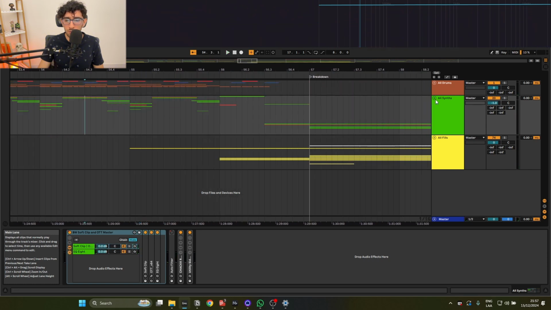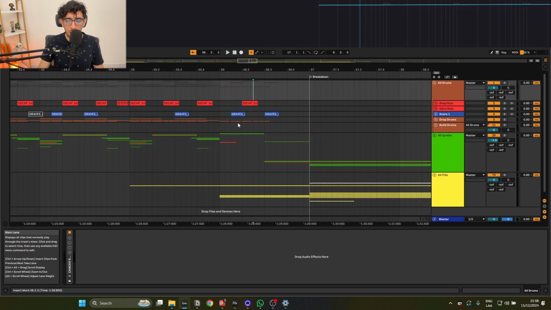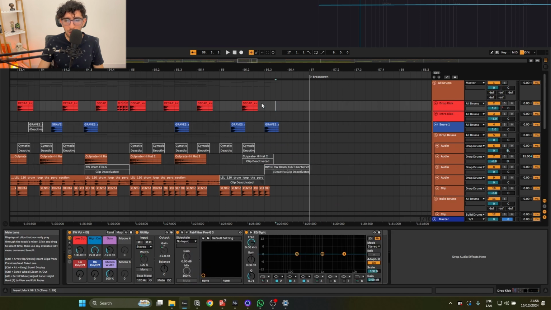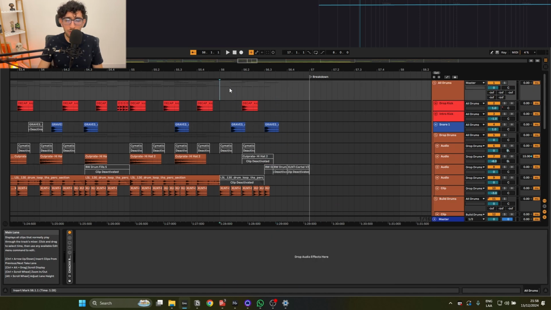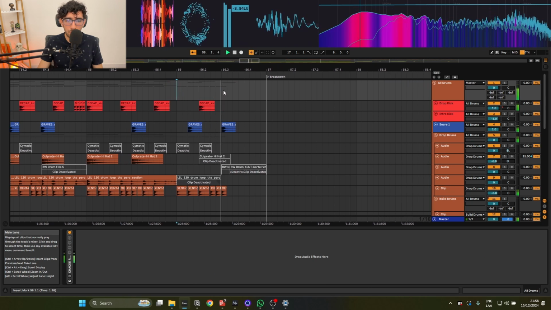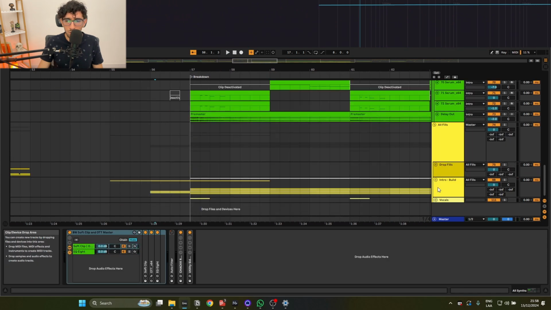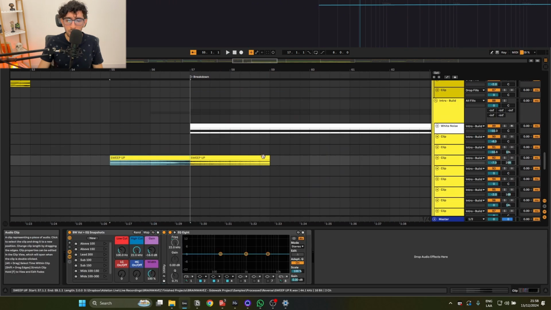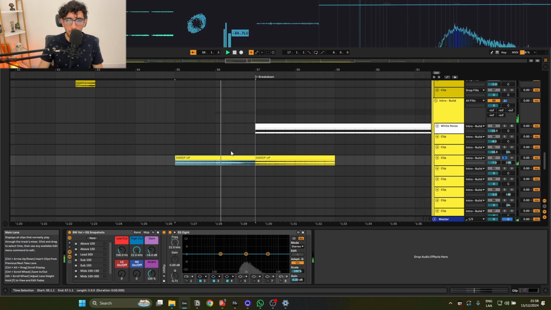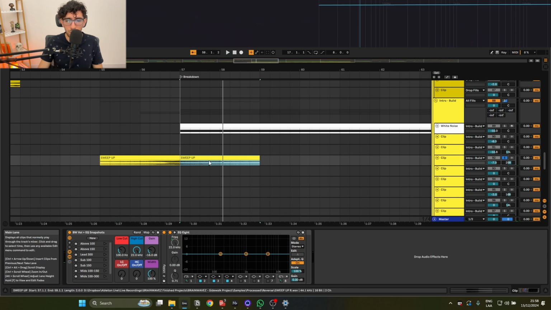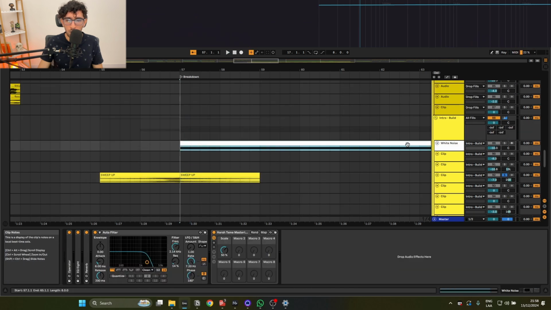So some things to notice is with the drums, at the very end of the arrangement, I just have my snare, but I took out the hi-hats and everything else. I'm just decreasing the energy to let people know that the breakdown is coming. Then I'm introducing transitional effects, for example, this sweep up. And then it goes into a sweep down, a white noise,